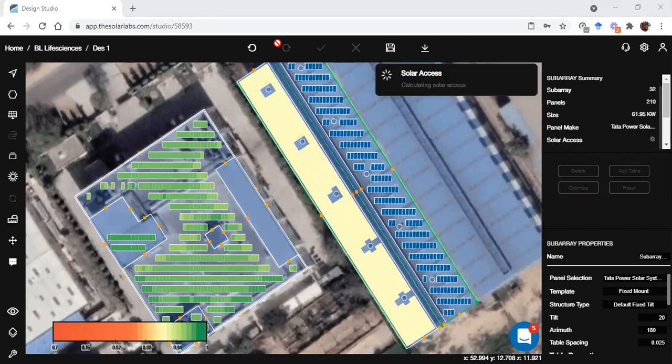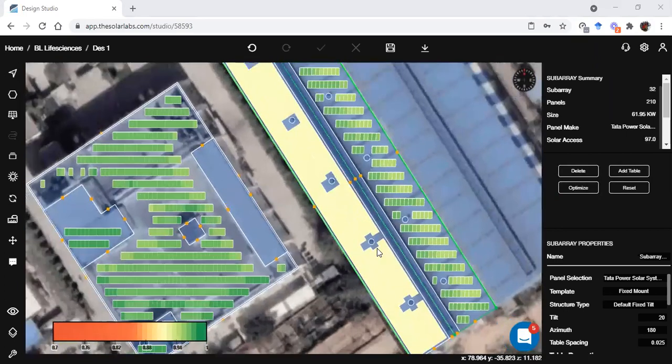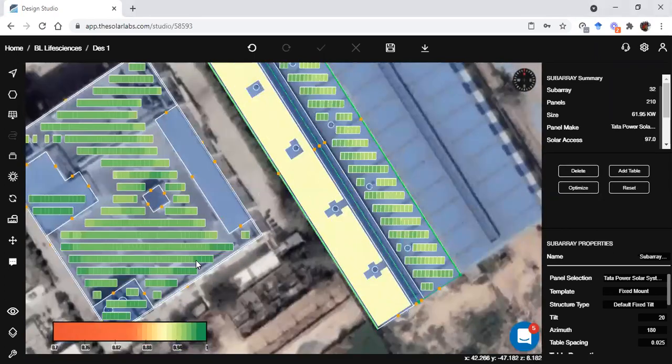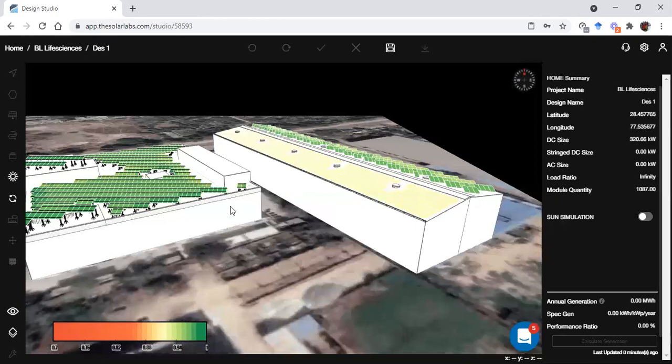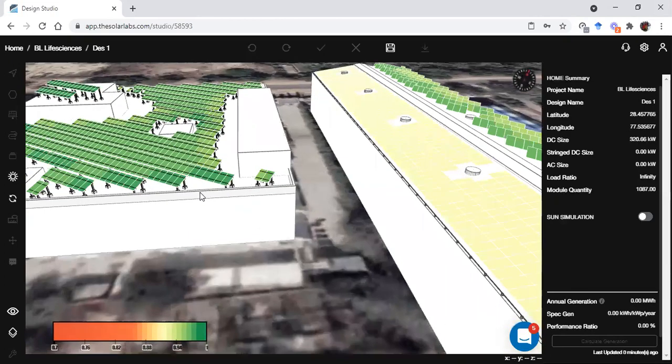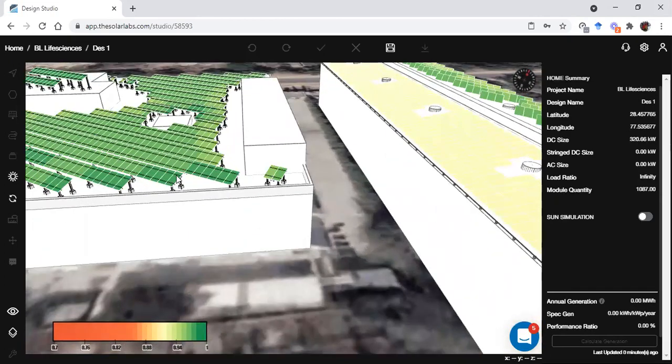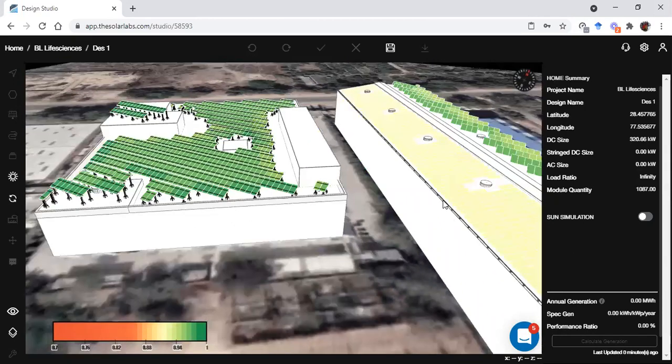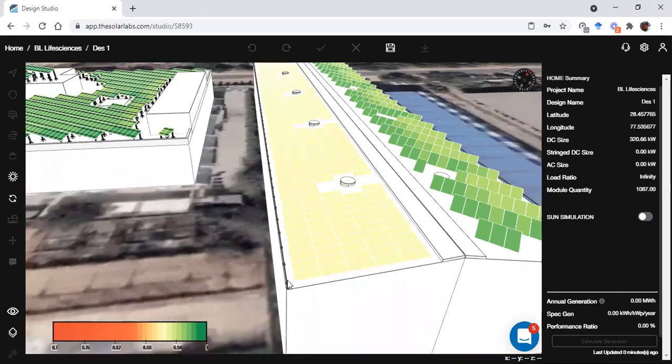Okay, Mr. Aditya, what we mean by flush mount is, let me show you. These are the template styles. Let me show you in 3D. So fixed mount is where you can fix it at any particular tilt, whichever you want. The flush mount is mostly used on the shed type structure where the roof is already having a tilt.